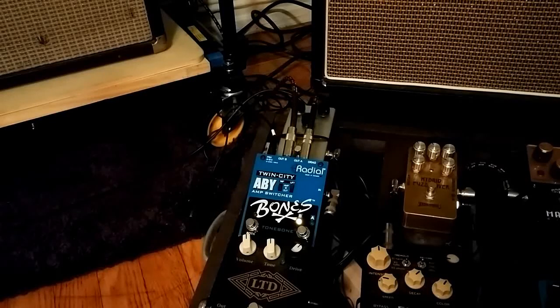Okay, I wanted to shoot a quick video showing one of the features of the Radial Twin City ABY, which I couldn't find on YouTube or online demonstrating it. And so it's the drag feature. The rest of the pedal is what it is. It's an ABY. You can switch or blend channels, and there's some options to lift the ground or change things